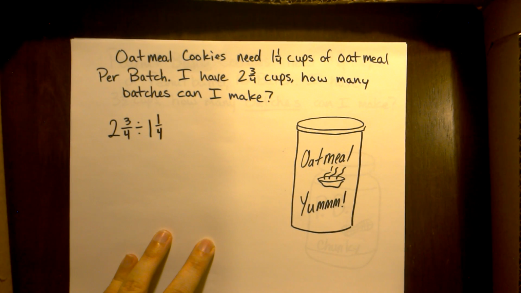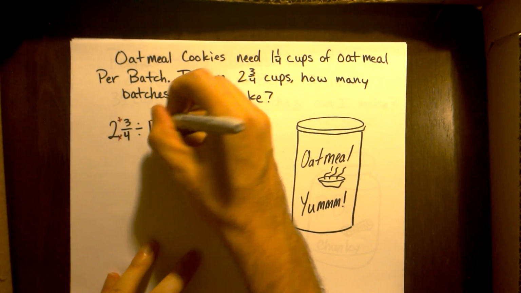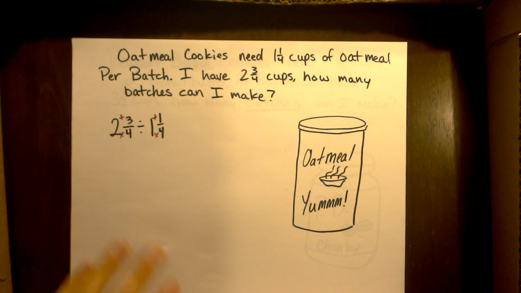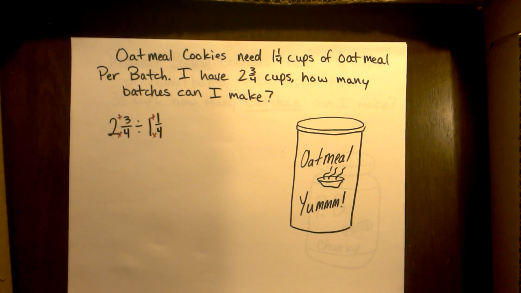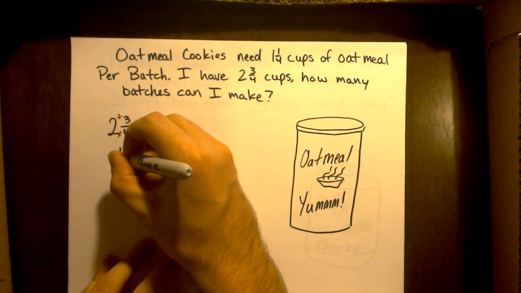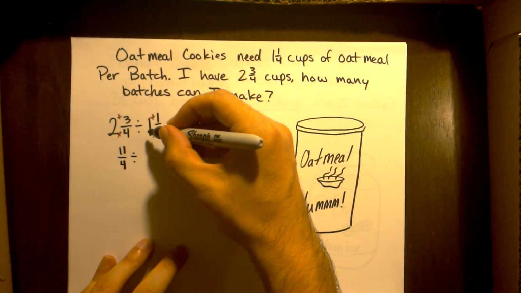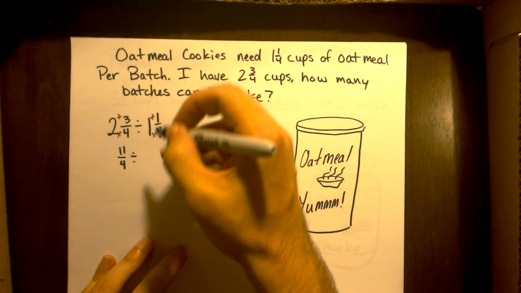Dividing fractions, easy as pie. Flip the second number and multiply. We have a small problem here. We can't flip a mixed number. So, like we've talked about, you need to do what we call Texas math. You need to make it into an improper fraction. 4 times 2 is 8, plus 3 is 11/4. Divided by 4 times 1 is 4, plus 1 is